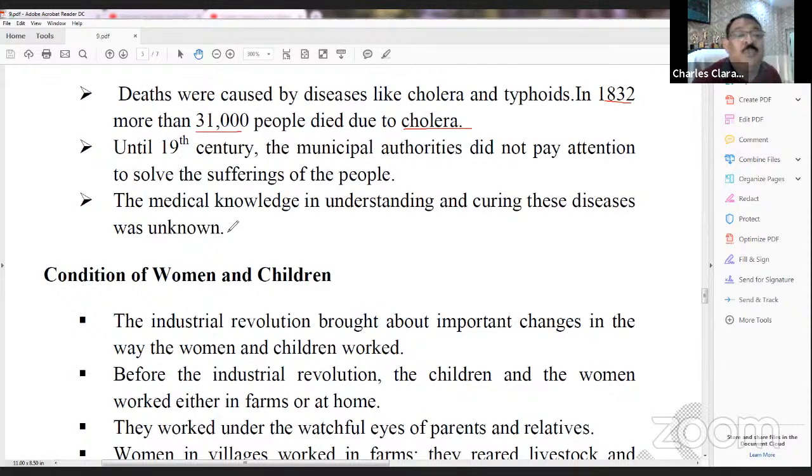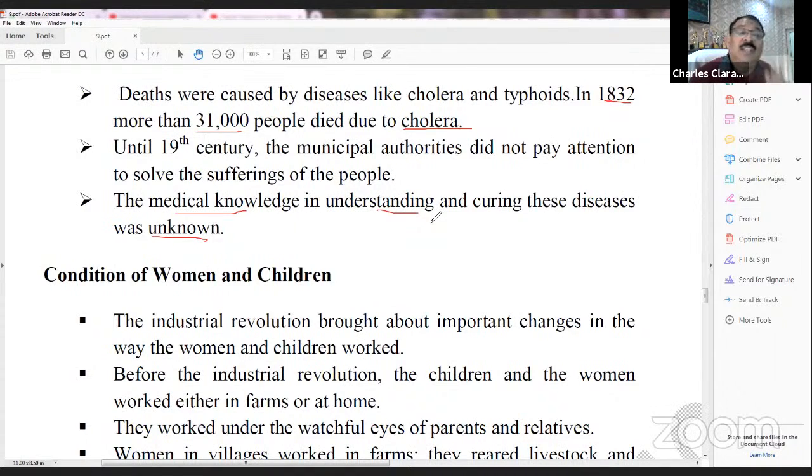All right. So you can see over there, in the 19th century, the municipal authorities did not pay attention to the problems and the suffering of the people. Medical knowledge in understanding and curing the diseases was unknown. So those of you, I'm teaching mostly kids who are going to aspire to become IAS and PCS officers and everything. Maybe